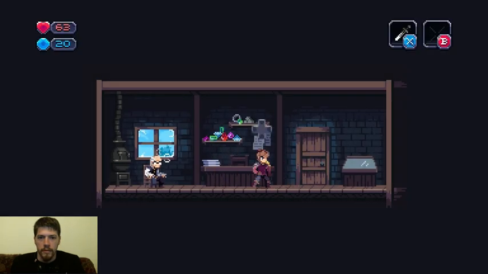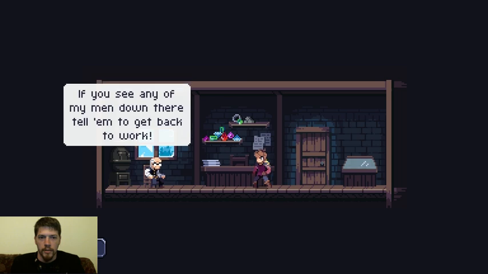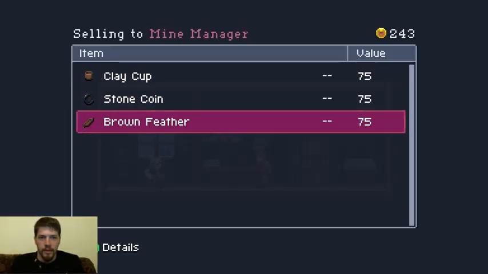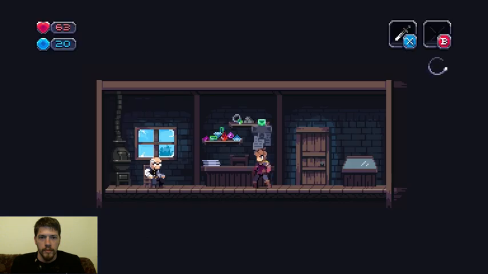Old man, you got anything new to say? How's it going down in the mines? If you see any of my men down there, tell them to get back to work. Oh, you're so caring. Selling to the mine manager. Should I sell this stuff? I don't know. I can't think of any reason I want to...